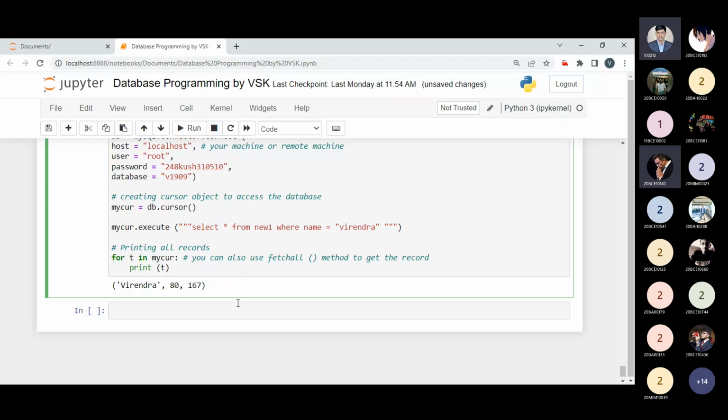This kind of program may be asked in the main examination from the database. So you have to create a database, define the database, and fetch some information. Then you have to write the query properly. Keep in mind, if you write a single quote, you are getting an error. So please keep in mind while writing the query,